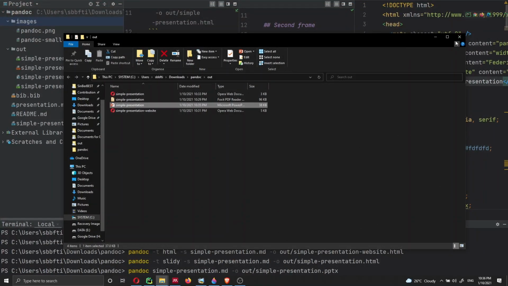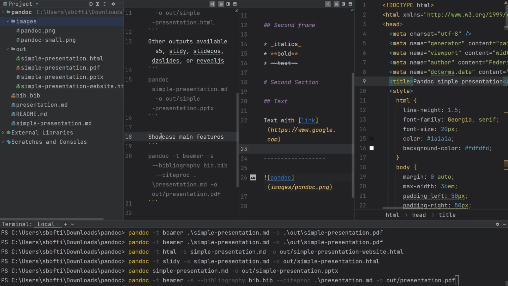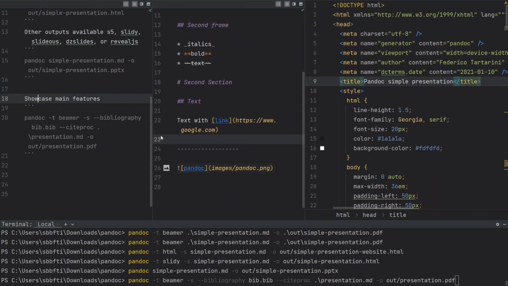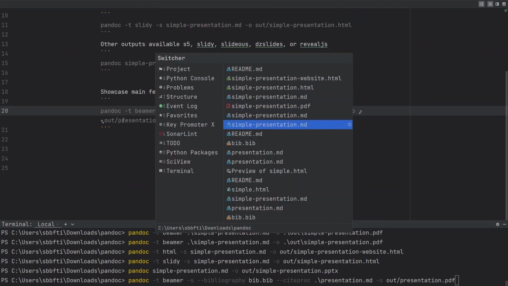Now that we have seen all the things that we can do, let's see even more, and let's see how we can start styling our presentation, make it more beautiful, and add a lot more functionalities. So in this case, I'm just going to copy this command down here, so we're going to have it in our terminal. I'm going to collapse this project view. I'm going to unsplit all the screen. So let me just open the main presentation file.